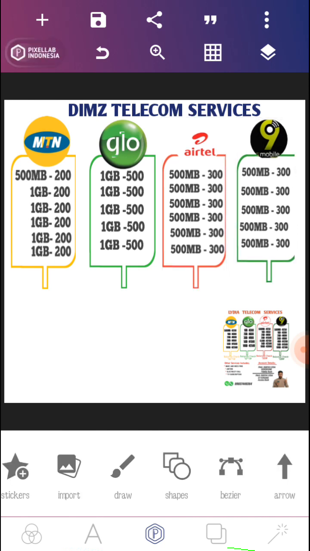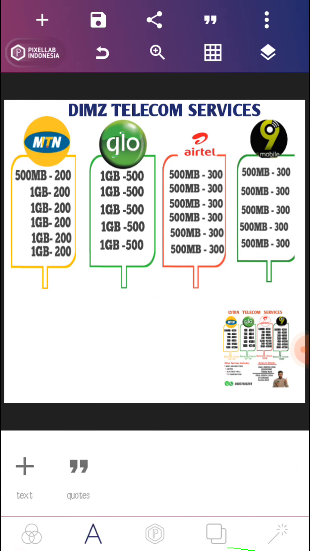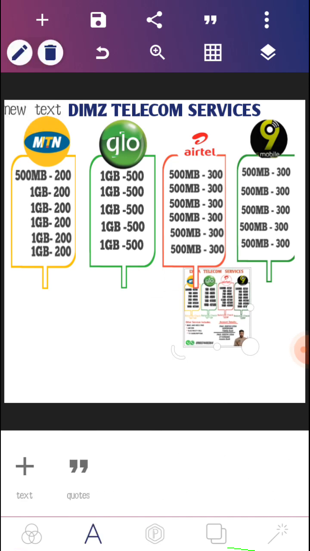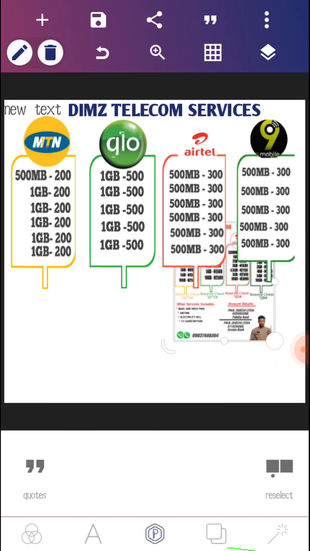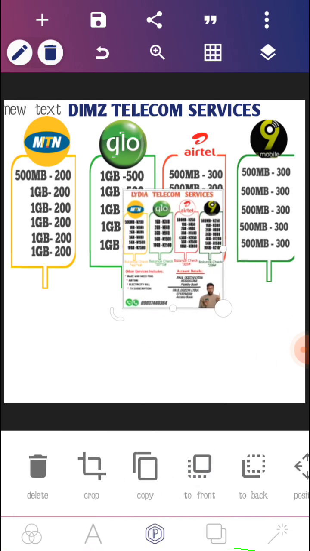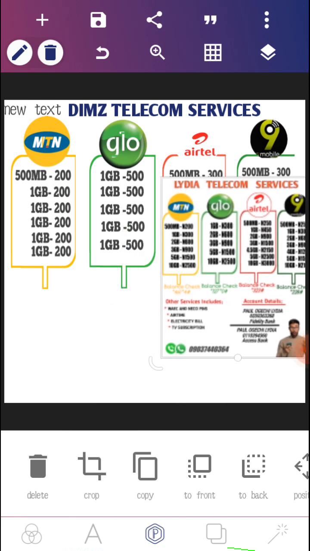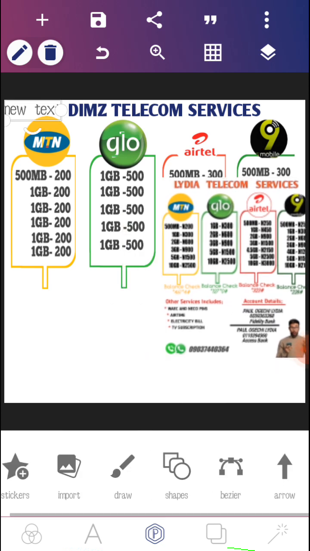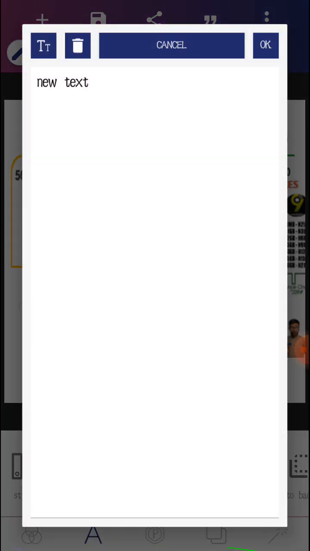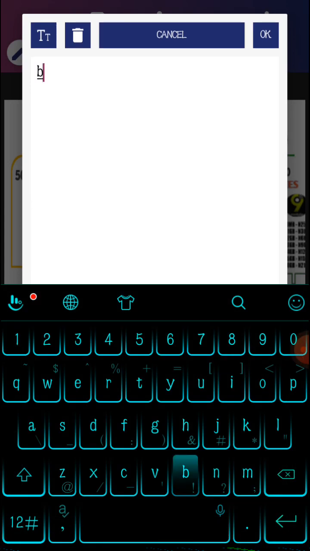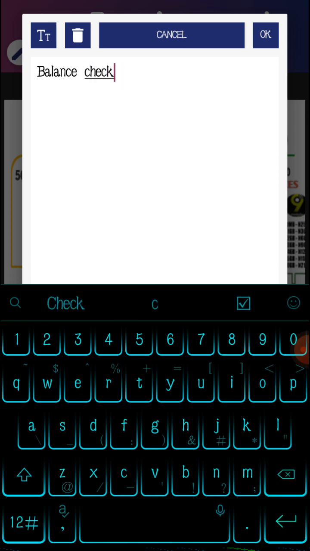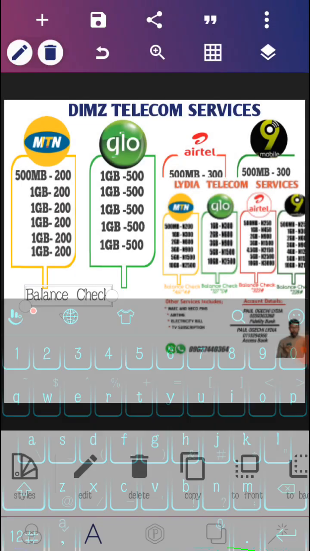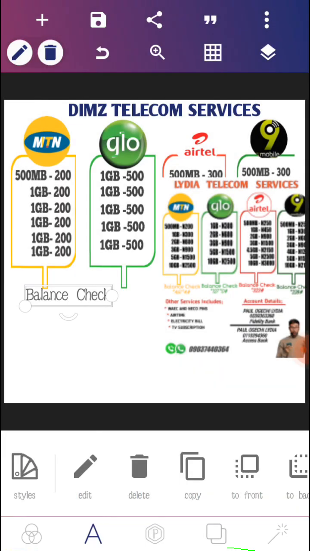So now we're going to place a balance check like most people request for. Let me check for the network because I cannot do it off head. So we're going to put balance check. You know the ones you have. So I'm just going to do a random balance check here. You put balance check. Okay, then